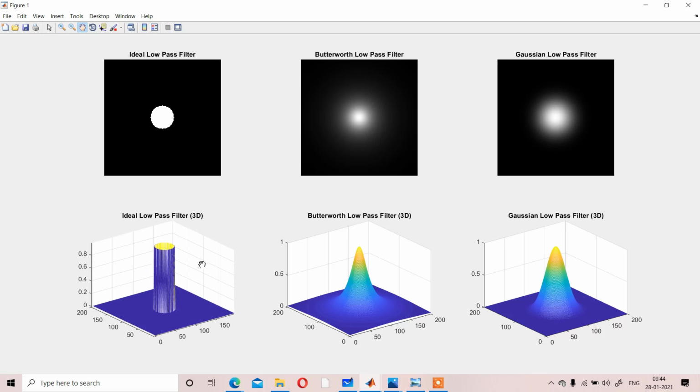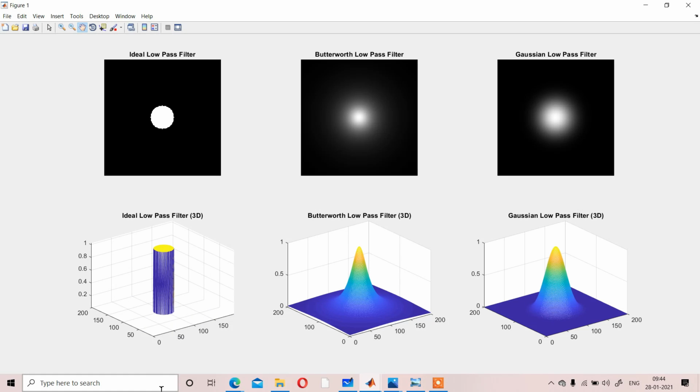That is, up to that range, from suppose 0 to 100, that range you are getting 1, and after that range, this is 3D, so don't mismatch by the series range is 0.7 like that. It is a range of 1, means that box is covered, so that is 1, and after that range all you are getting 0. That is a sudden change happening. Ideal low pass filter. Now in Butterworth filter, you can see the change.